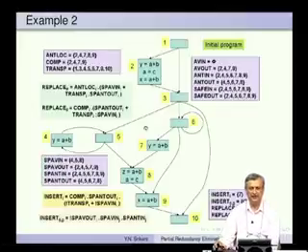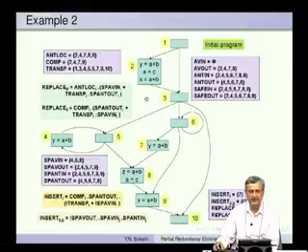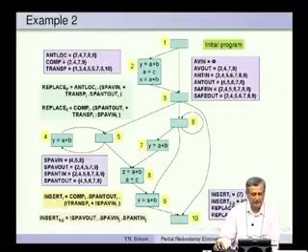Now, let us take a slightly bigger example and see how this works. So, this has many loops and many paths and so on and so forth, and a plus b is again the expression. So, let us look at each of these properties one by one. So, these are local properties antloc, comp and trans p.